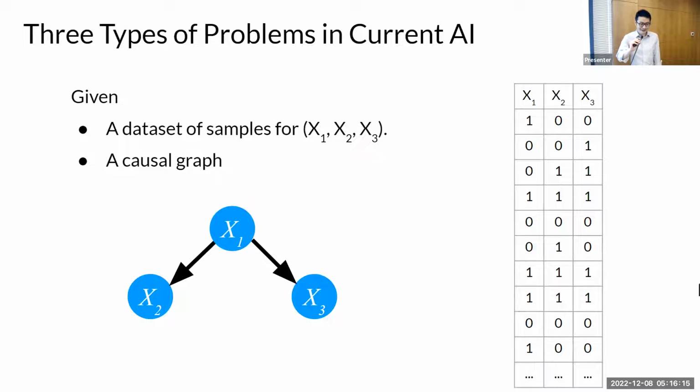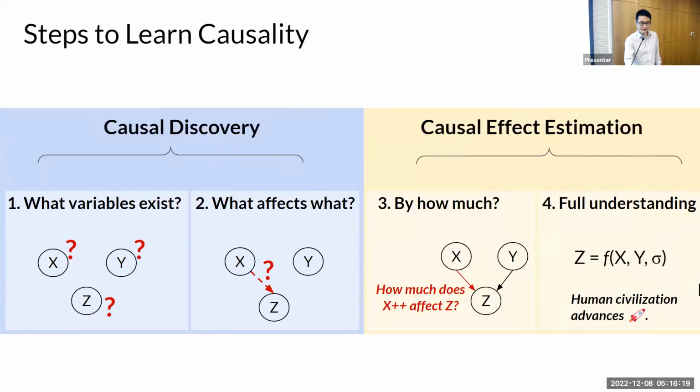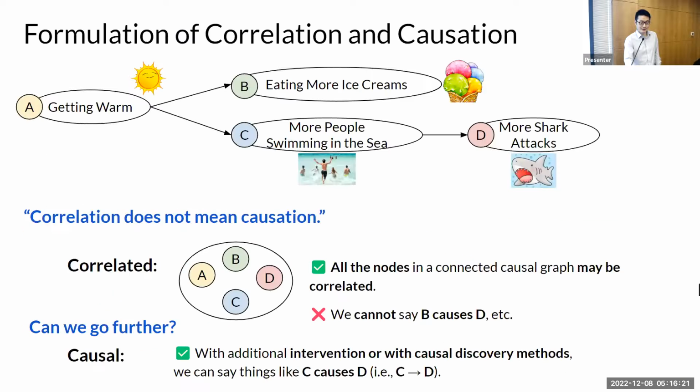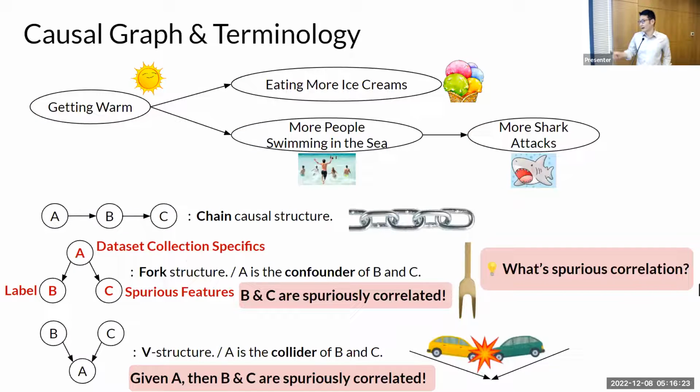So actually, I would like to go back a little bit. You can see here in both cases, at the very bottom, B and C can be dependent, right? In the first case, B and C are dependent without giving A. And in the second case, B and C are dependent given A. But very oftentimes, we cannot really clearly see that. Let me give an example.